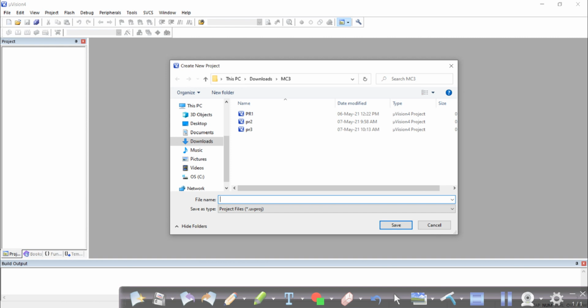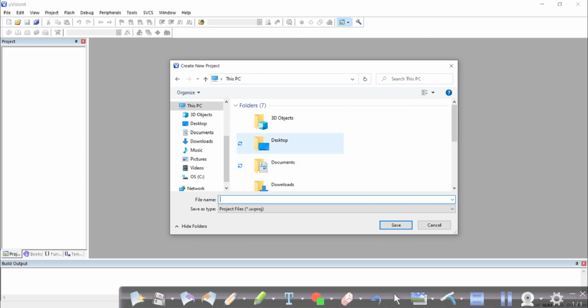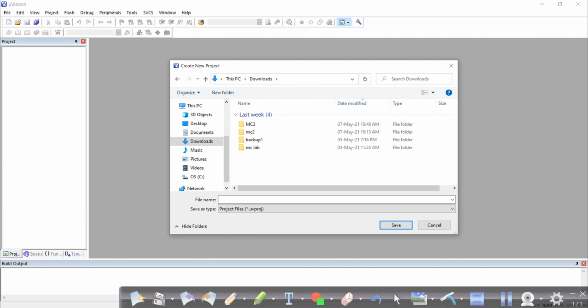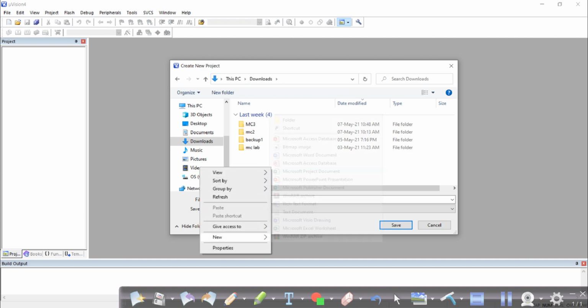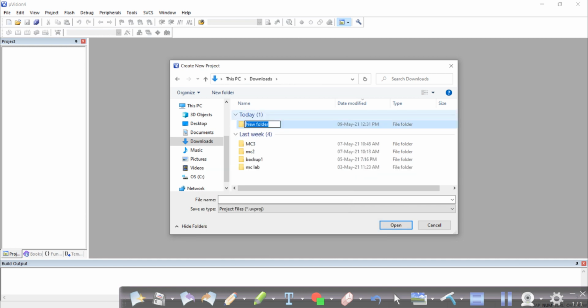So guys, you see that there is an empty folder, whether it's anywhere in your system. It might be on the desktop or in any other folders. So I'll just create a new folder on my desktop, and I'll name this folder recording. This is the folder where all your current projects will be stored. So I'll click on recording.